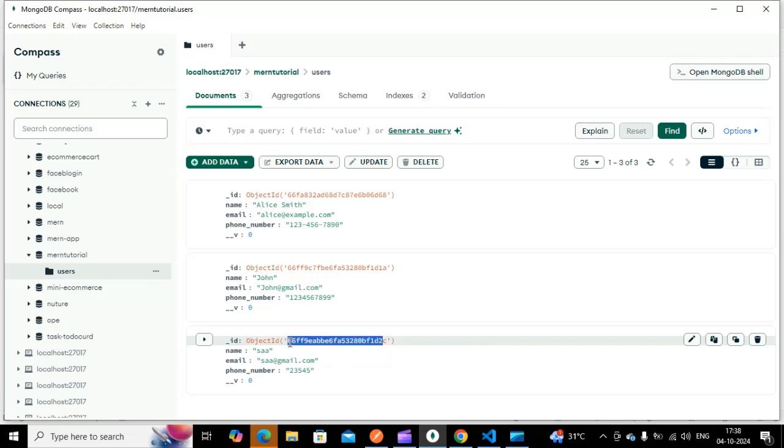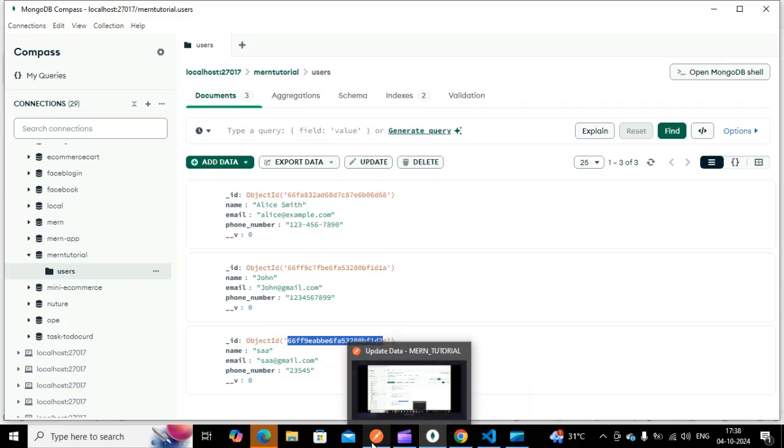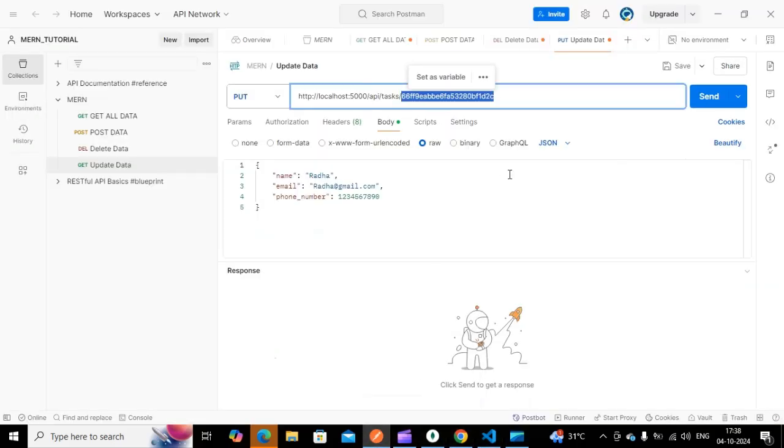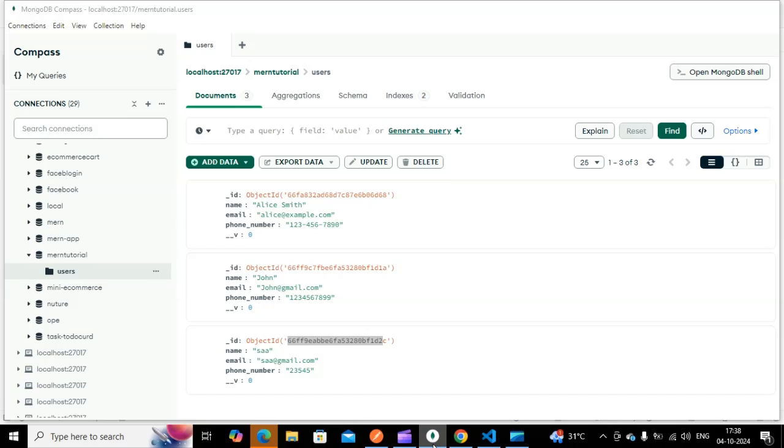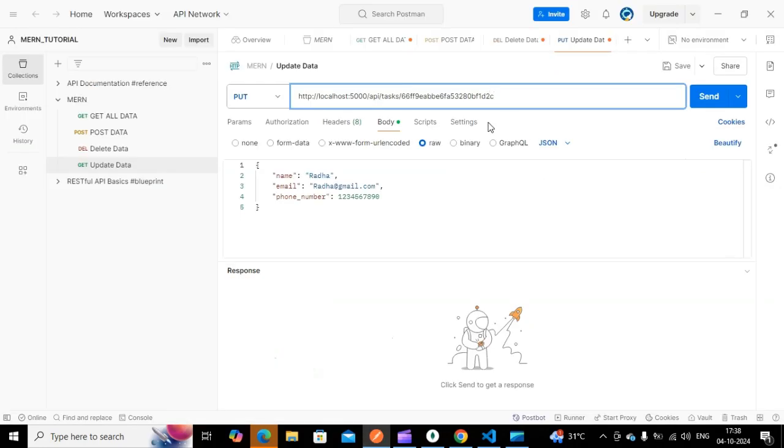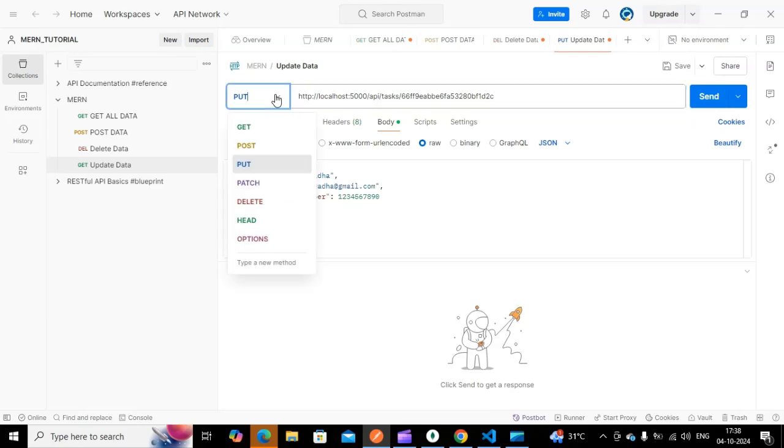So I'm just saving this and going to Postman and copying that id. I'm just checking whether the id is correct. Once I give this id, I also have to give the method called put, because we're going to perform update.